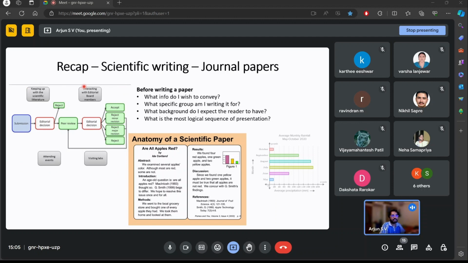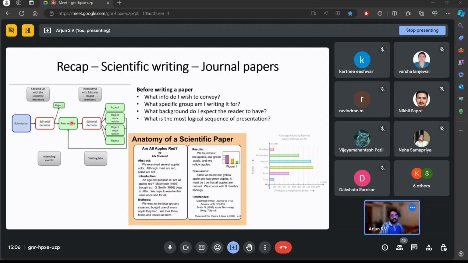a scientific peer review. So basically, when you submit, it goes through an editorial decision whether your paper fits into the journal or not. And if it fits, it goes through this peer review process where your scientific findings go through a major review process or a minor review process. Minor reviews mostly involve formatting errors and small additions and deletions, whereas major reviews mostly involve suggestions of